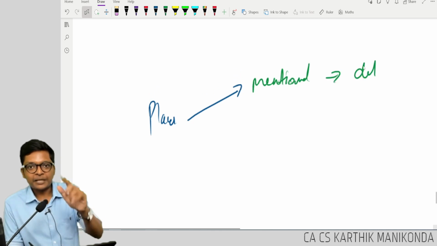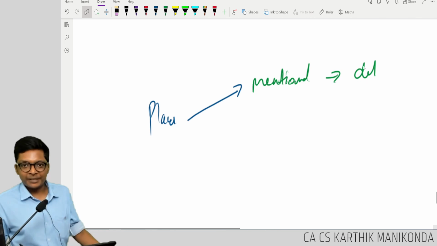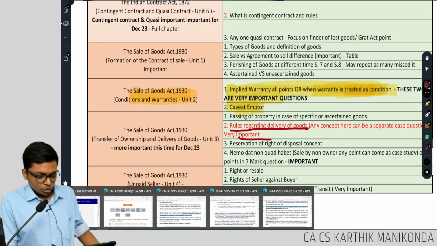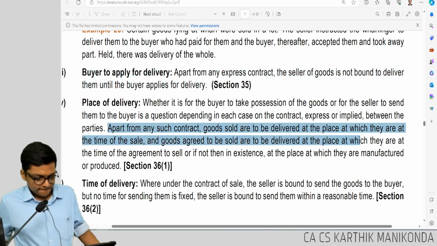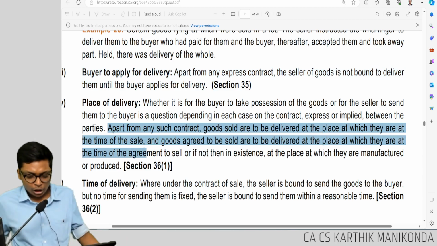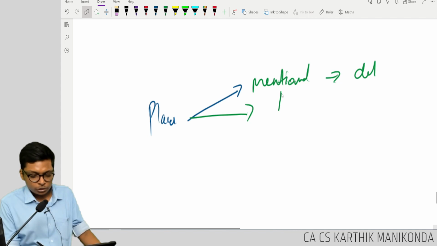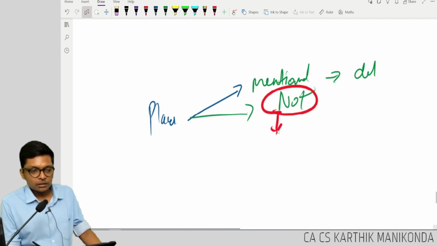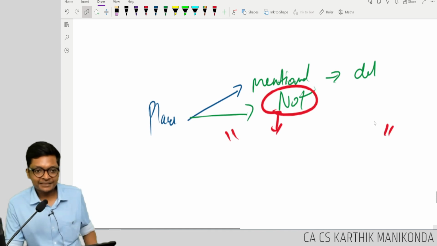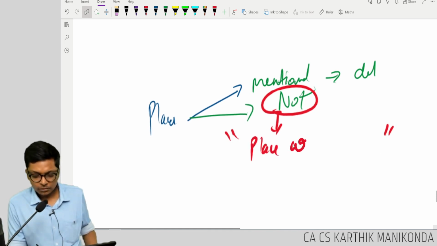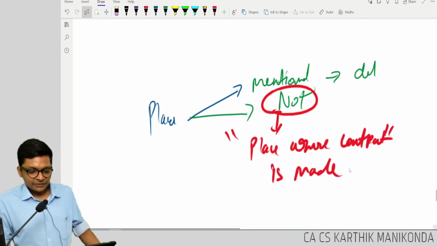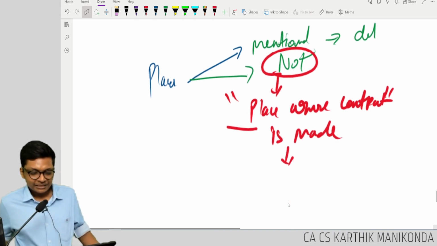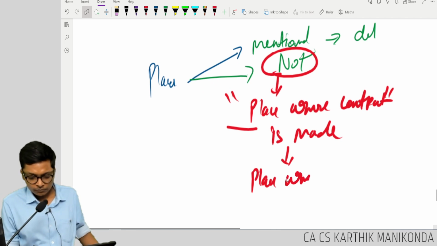mentioned, deliver in that place. If you give an address, I will deliver in that place. Otherwise, if the place is not mentioned, then deliver at the place where the contract is made. So if this place is not mentioned, then at which place will I deliver? The place where the contract is made. If this also is not ascertainable, then deliver at the place where the goods are